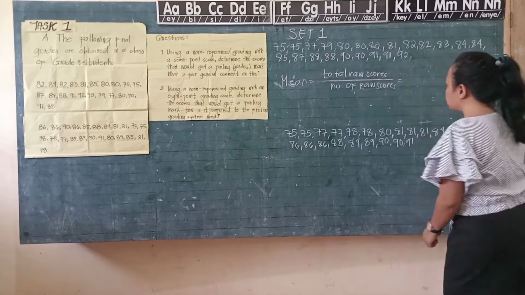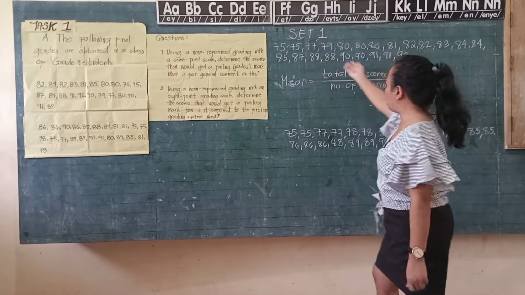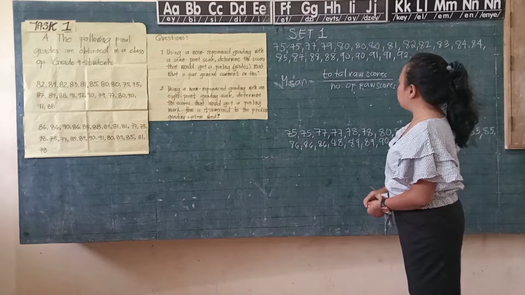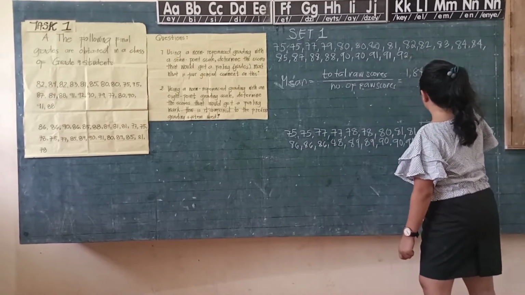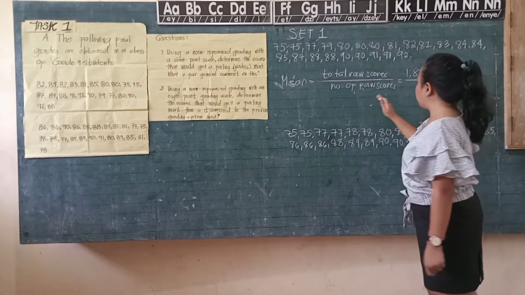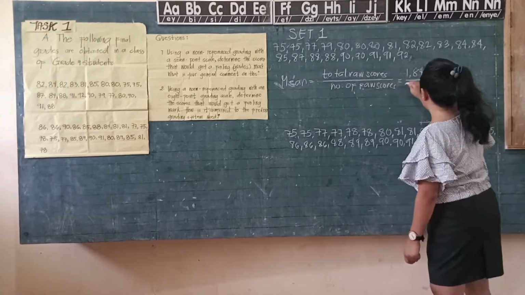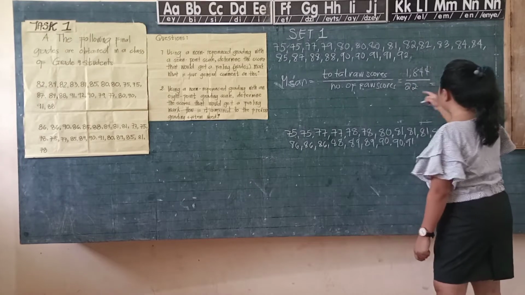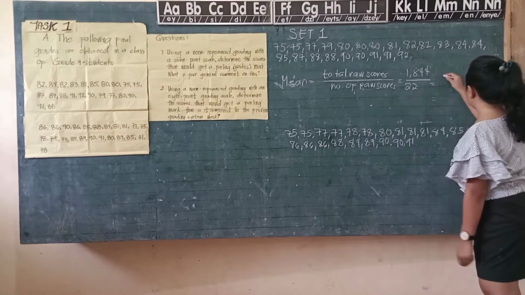So in order to get the total raw score, we need to add all the raw scores here. So all in all, it is 1,844. And the number of raw scores, it is all 22. So 1,844 divided by 22 is equal to